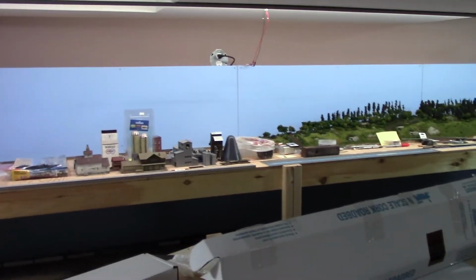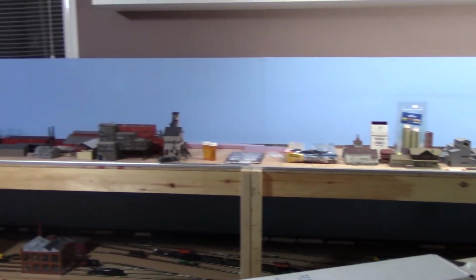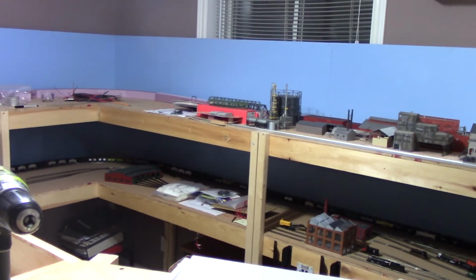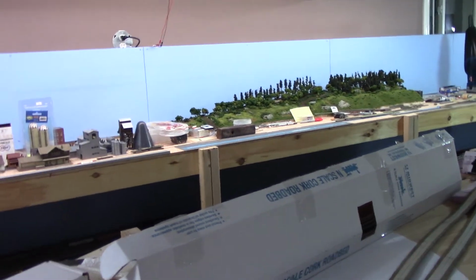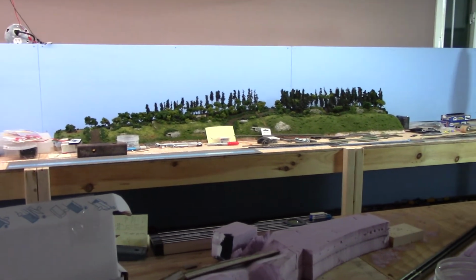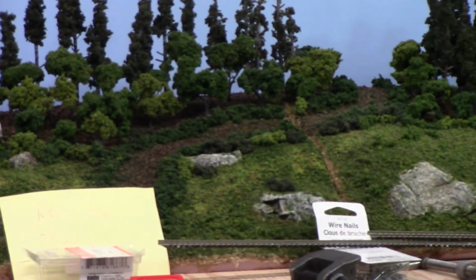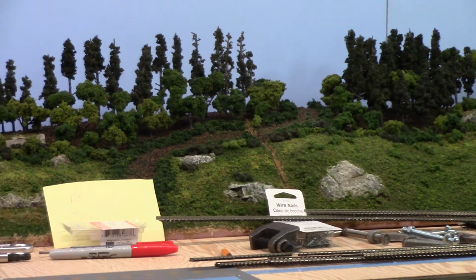Just before I sign off, I want to give you a little view from this side of the layout with that LED light on. I'm quite liking that. Panning down, I don't know how the auto correction will do for the light, but to my eye, the corner over there is definitely a little darker, and then when I come back up here it's nice and lit, and with the greenery moved down so that I could work in the other area, it is definitely lighting that up quite nicely from the perspective I've got on this side of the layout. So I'm quite happy with that,